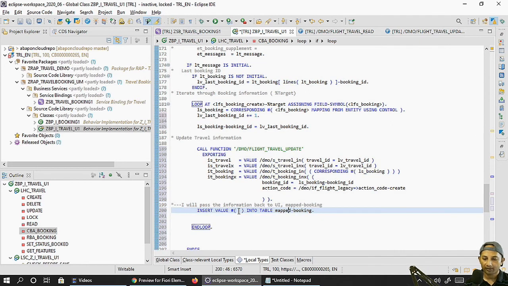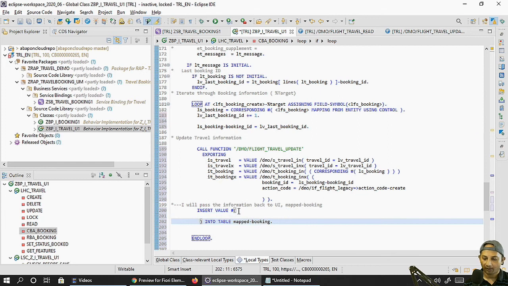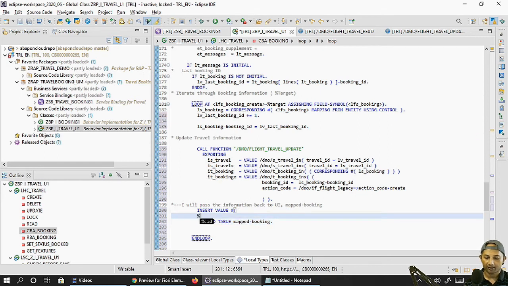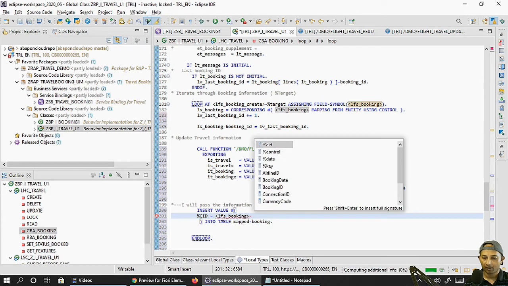So what we have to pass now, we have to pass a few things. First is %cid, and that is actually we have achieved from this booking function model, sorry, the field symbol.